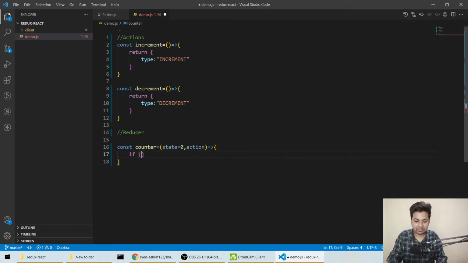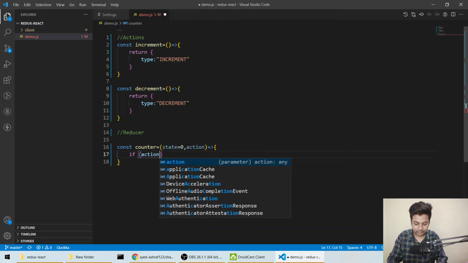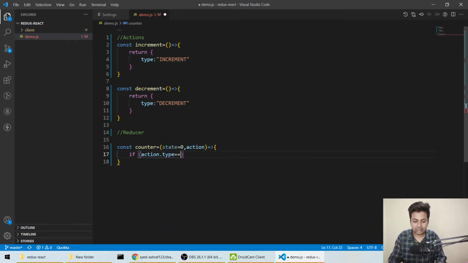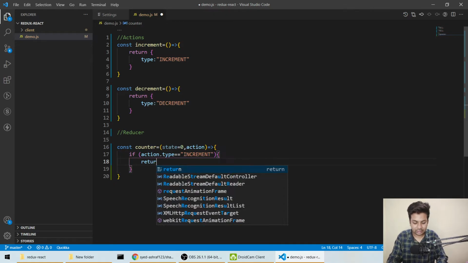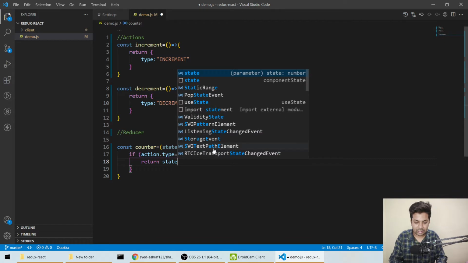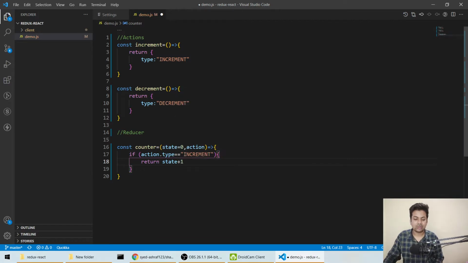I'll say if action.type is equal to increment, then I want you to return state plus 1.